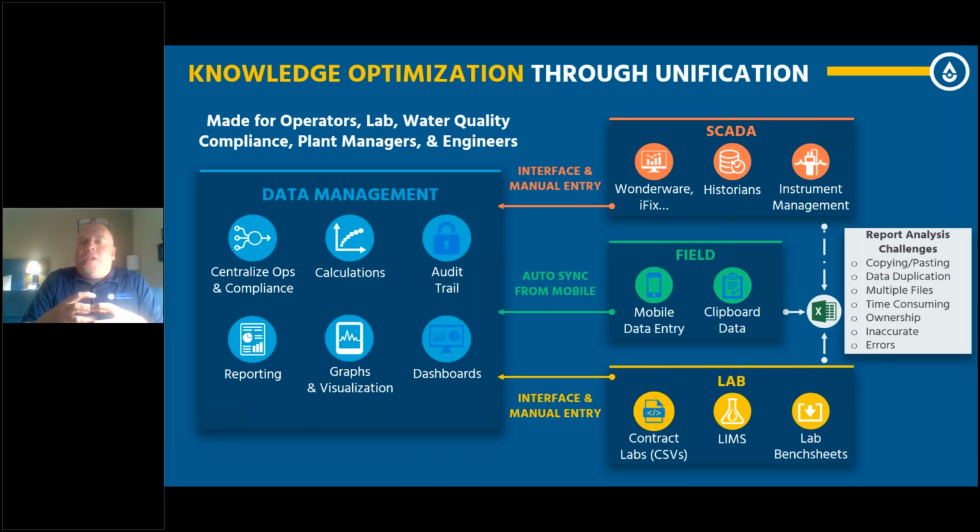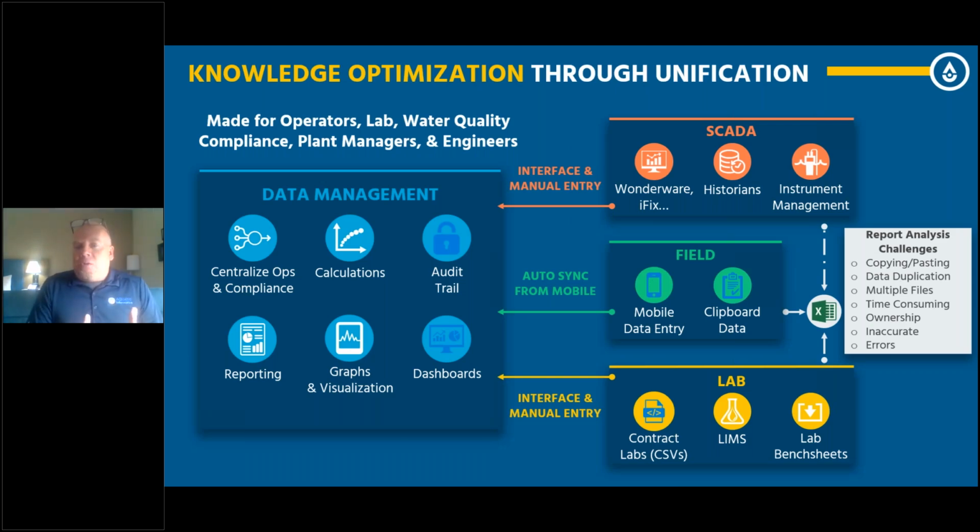So the next question we ask is, where does all of this data go right now to do that compliance reporting and analysis, right? And I've coined this phrase so many times. This is what I refer to as the data train. The data train just simply means we have data everywhere, right? We have Excel sheets over here. We have PDFs from my contract lab over here. We have all of these sources of data. So now when it comes time to doing reporting and analysis, this becomes a very manual process. Why? Because I have to manually build out my reports and any of that type of analysis if I'm not using a data management strategy.